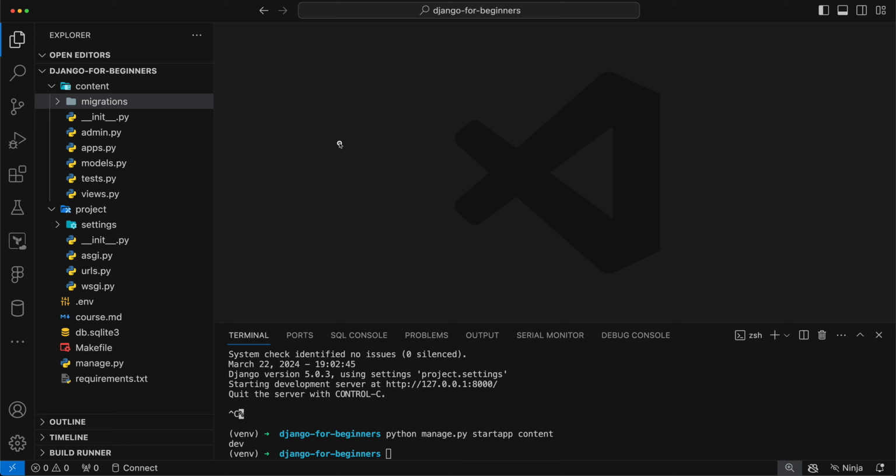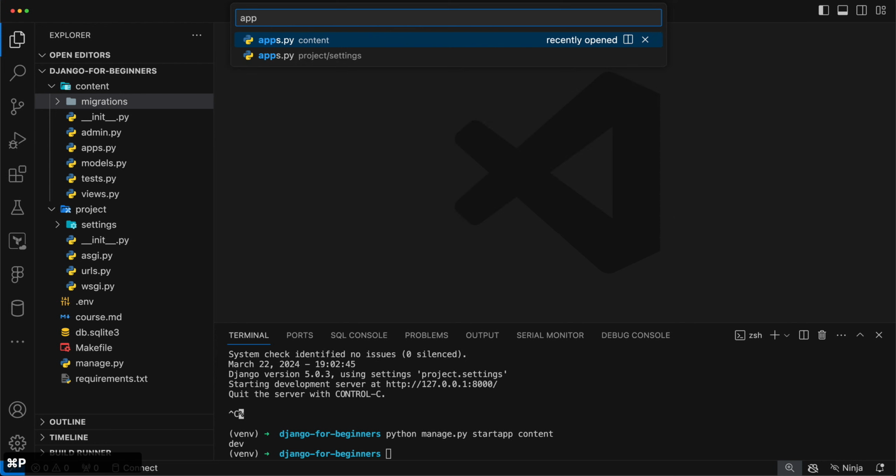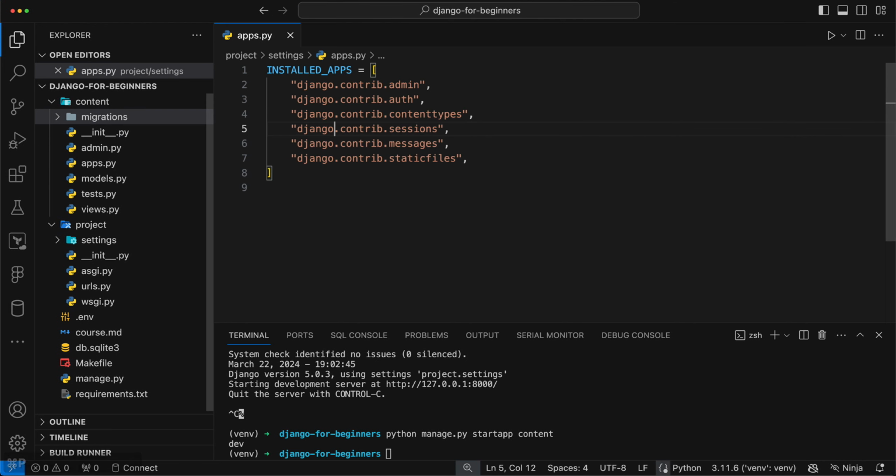Okay, so we have that app. Now, the last thing we have to do when we make a new app is tell Django that this app is an app we want to use, not just a random folder within our project. To do that, we'll open up our settings file. If you didn't follow along with the breaking up of the settings, this would just be found in your settings.py installed apps. But if you did break everything up, you'll want to go to your apps file, or whatever you called it. And here we just put content, the name of the app,